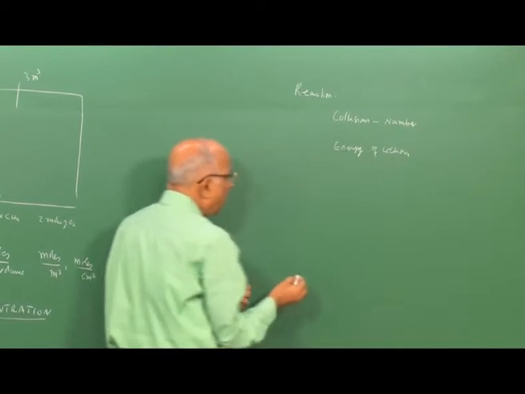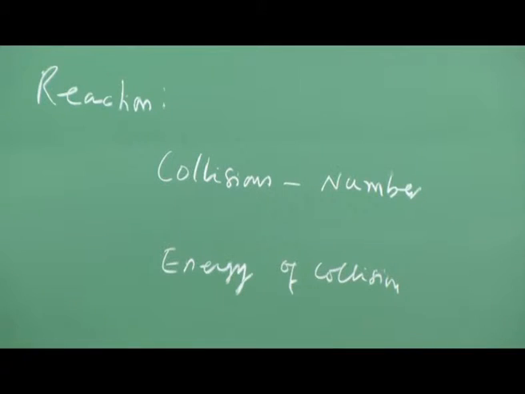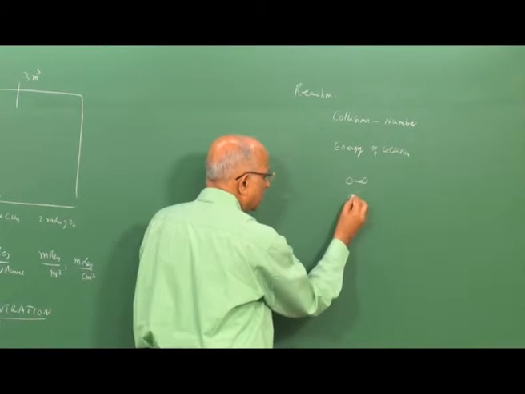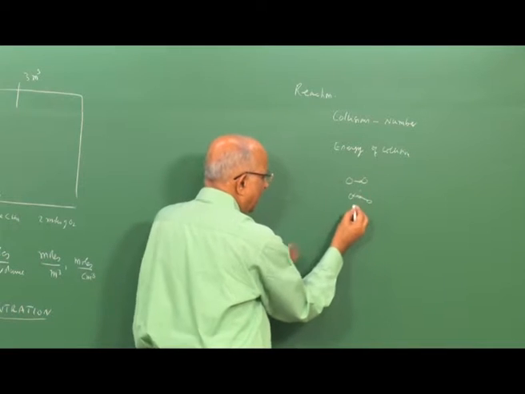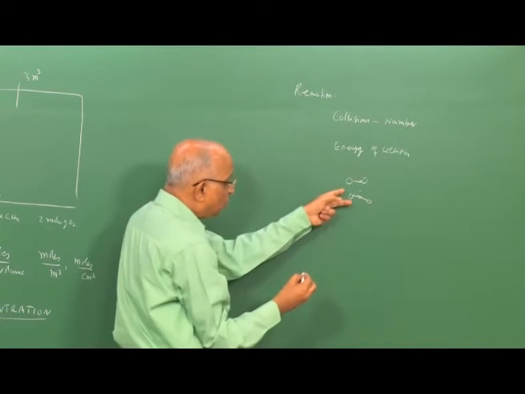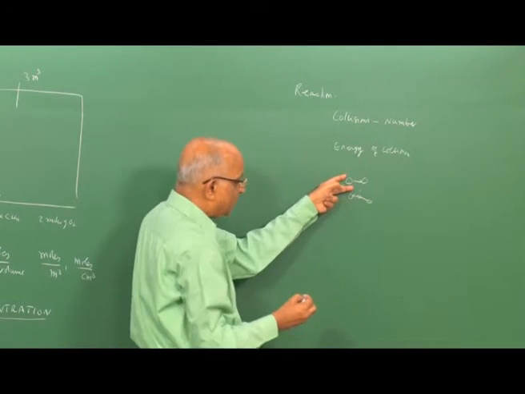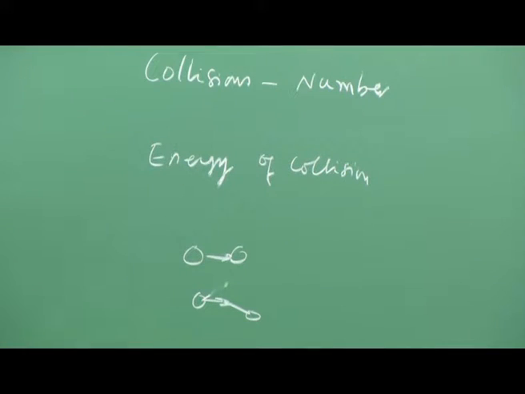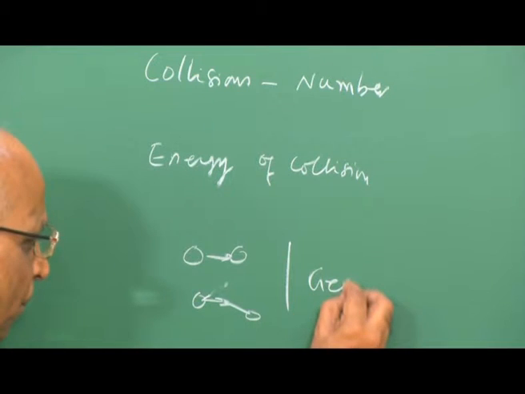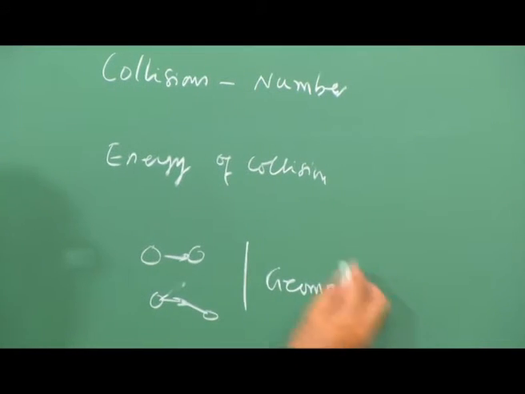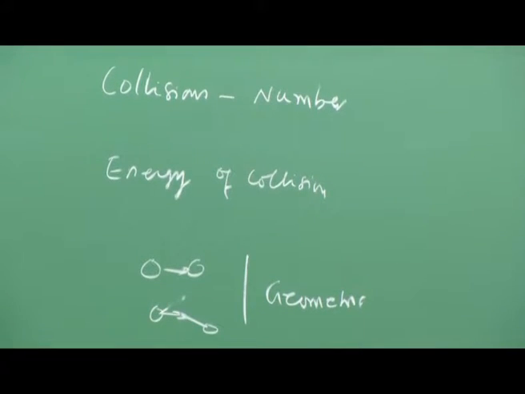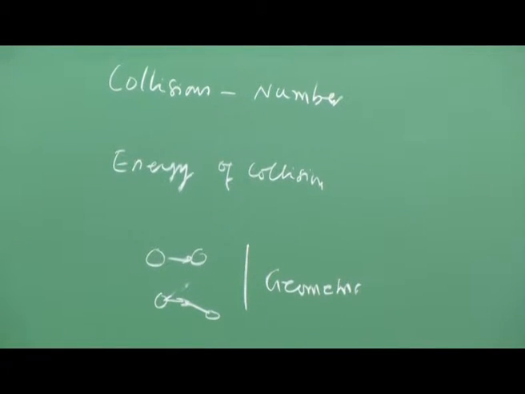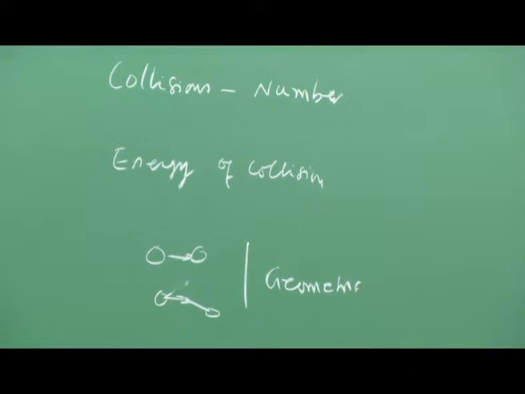Well, if I have molecules which are just hitting against each other, or maybe hitting at an angle, maybe one comes like this, the other comes at an angle and they hit at an angle, maybe the geometry of hitting is important, because that is what decides how many of these molecules get out. This is known as a geometric factor. Therefore, based on simple reasoning, we say collisions, energy of collisions, the geometry of collisions are important, and therefore, this was something which